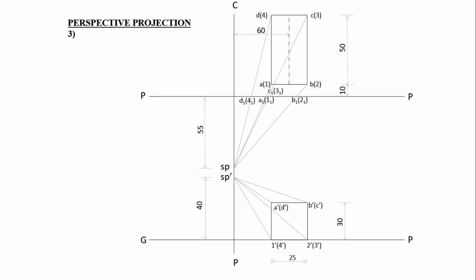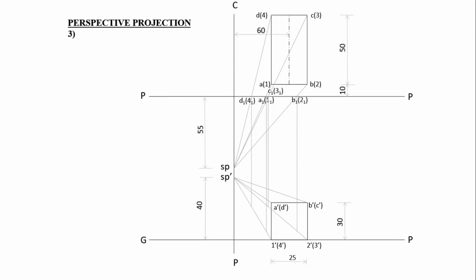Now the points that are obtained by the intersection of the visual rays in the top view with the picture plane are obtained. On every point of intersection there will be 2 points, because each point in the top view represents 2 corners of the object, 2 corners of the rectangular block. So each point of intersection of the visual ray with the picture plane represents 2 different points. They are marked here. A1 and 1 1 are the same. Then B1 and 2 1 are the same, C1 and 3 1 are the same, D1 and 4 1 are the same.